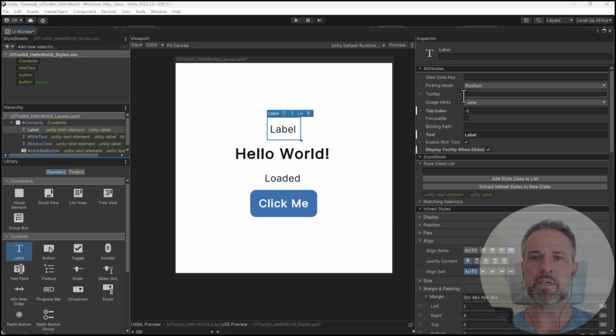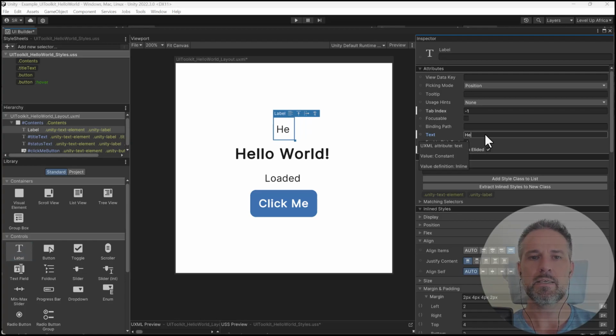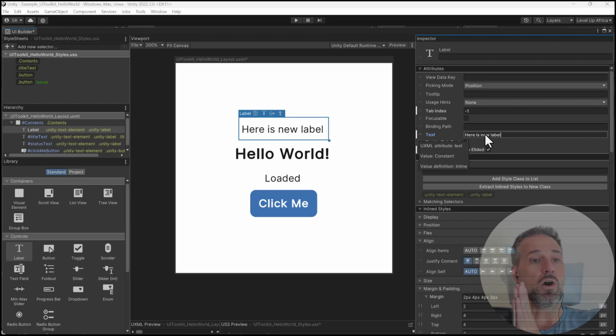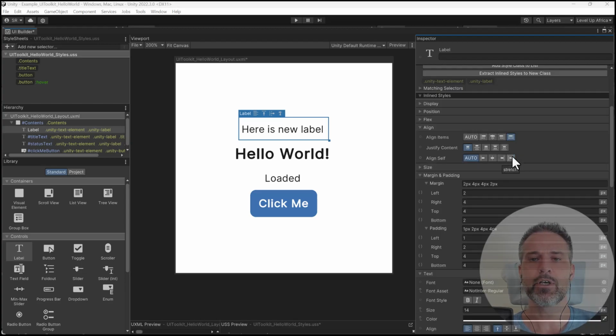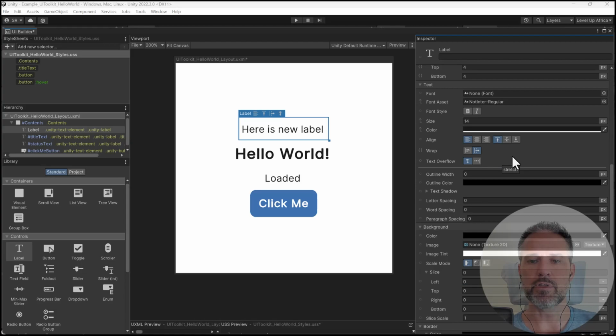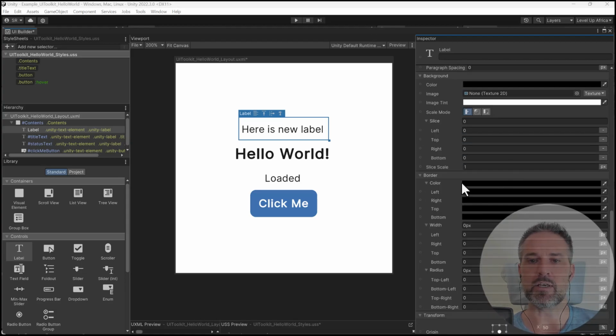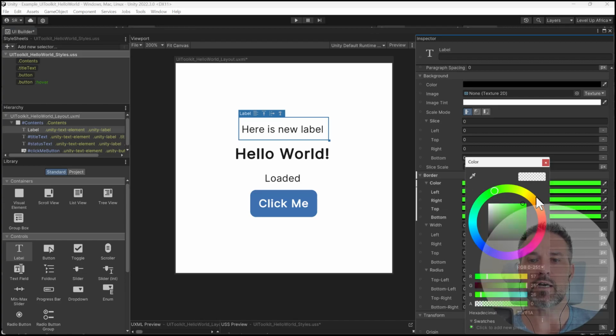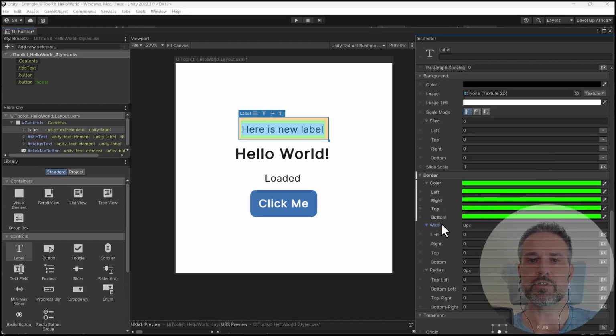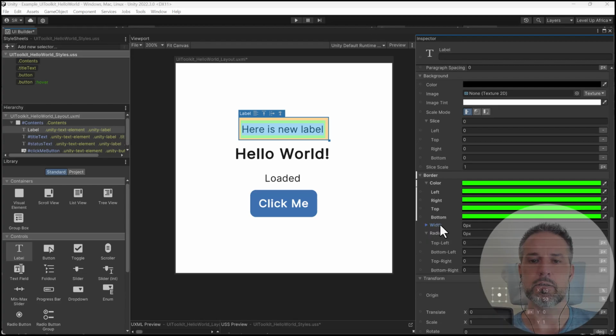And I'll come up here to the inspector, and there's attributes at the top, and I will change the label to like, here is new label. All right. So there I'm doing it on the visual element itself. And let's say I wanted to change one of the presentation properties. So I could come down here. These are all in the Unity's basic defaults. Let's say that I wanted to give it a border that is green of a certain size, like, oops,